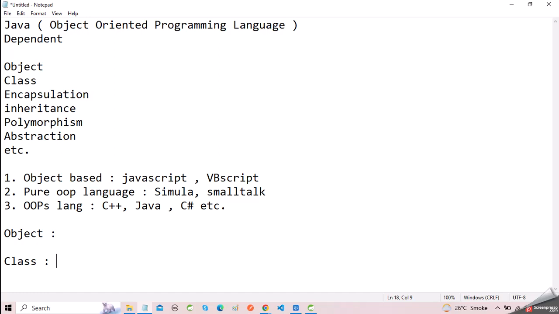But that form is only a description of your properties and behavior. It will not perform any operation. Same as a class, a class will not perform any operation. That is only the description of the properties and behavior of an object. So we can say a class is a collection of similar types